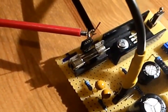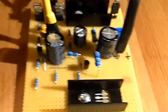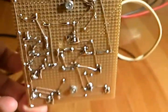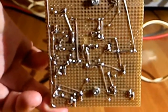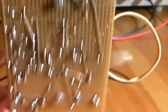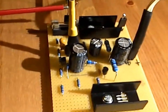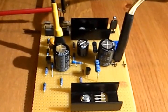Over there there's just a fuse. So as I said, nothing special. Most time I spent on soldering. It looks a bit ugly maybe. It's not in rectangular forms, just straight. 2 screws, nothing else. And quite some time took doing the cable stuff. But I'm quite happy. It's a good thing